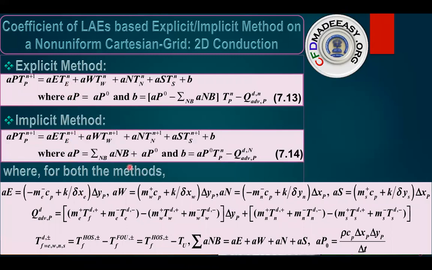These are the equations for the explicit and implicit methods, and these are the variables which are common to both methods and are shown here. Wherever we have the superscript there, this is a deferred term considering the advection fluxes, where I have also defined the deferred temperature, which is expressed as the expression from any advection scheme minus the temperature corresponding to the first order upwind scheme.